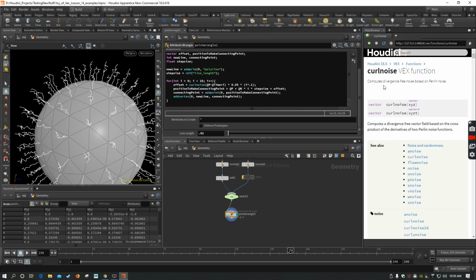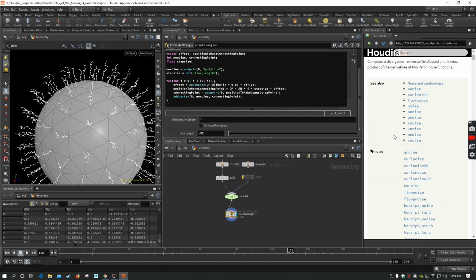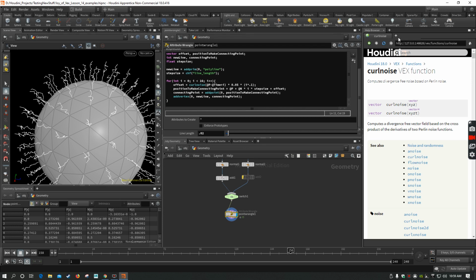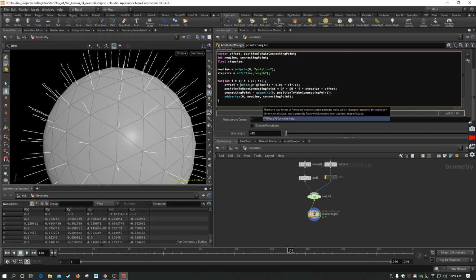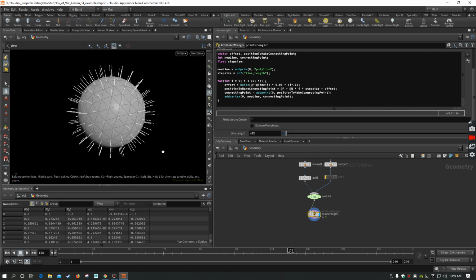It says it computes divergence-free noise based on Perlin noise. I'm not sure what divergence-free means, but I do know that this noise seems to give more even results. Even the normals that are pointing in the negative direction and the normals pointing in the positive direction seem to have a uniform behavior with this noise. If we were to change this to regular noise, I think you would see that kind of problem where